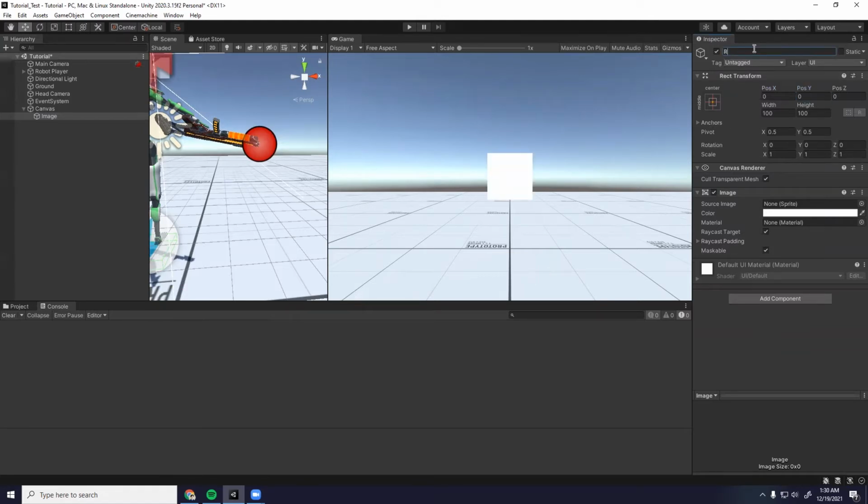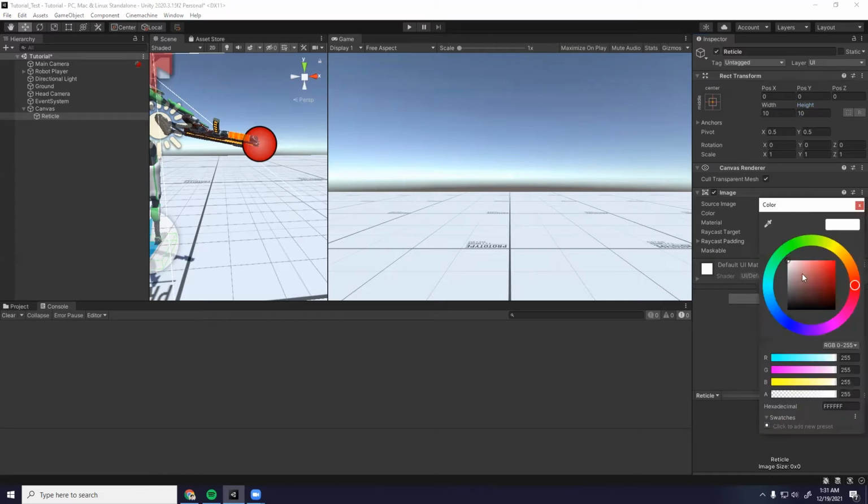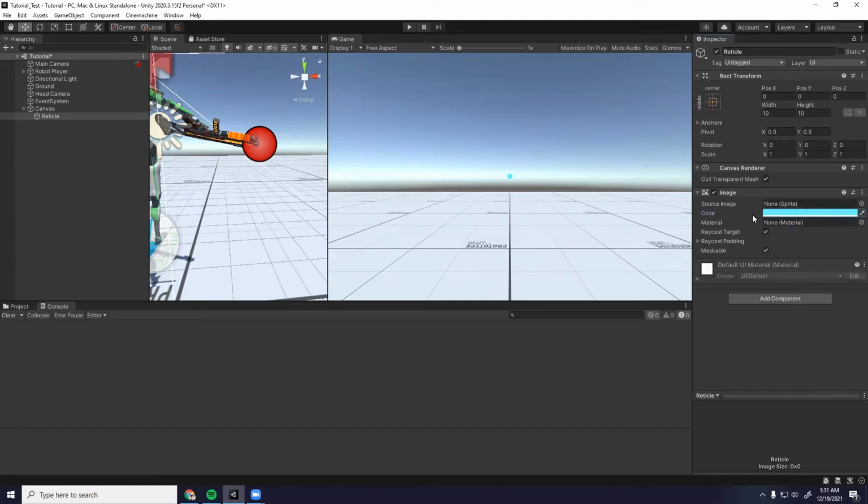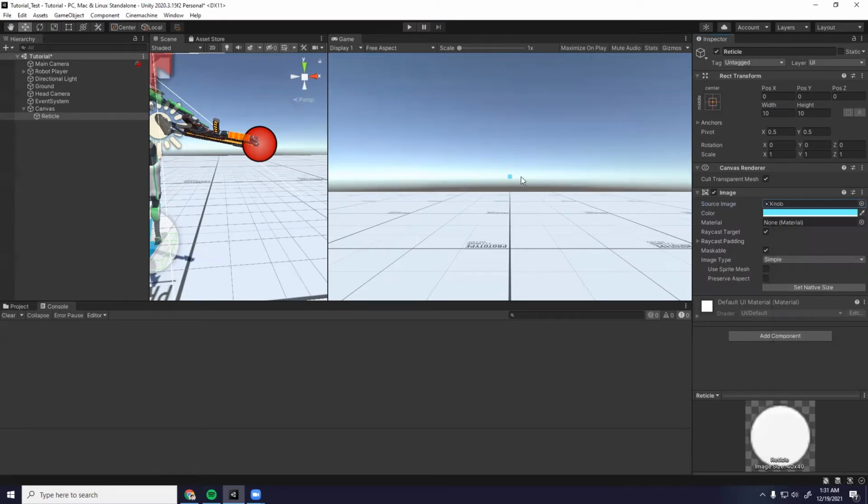We can go ahead and name this reticle, and we can do a little bit of tweaking to customize the reticle however we want it to be. So this is a little big for my liking, so I'll change it to a width of 10 and a height of 10. White is pretty hard to see as a reticle right now. Personally, I like using cyan reticles whenever I'm playing FPS shooters. So I'll change the color of the image to cyan. And honestly, I'm not a fan of the square reticles. I prefer dot reticles personally. So if we go to source image, head over to the sprite and select knob, it'll create a little circle reticle over here. So if we go ahead and play our game,